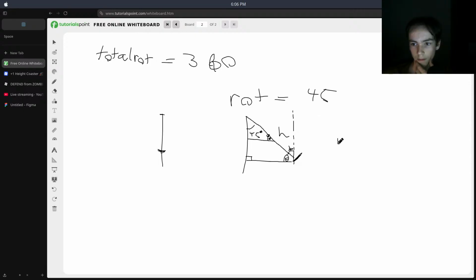So -90 minus theta again. We want to find this, right? How we're going to find that is